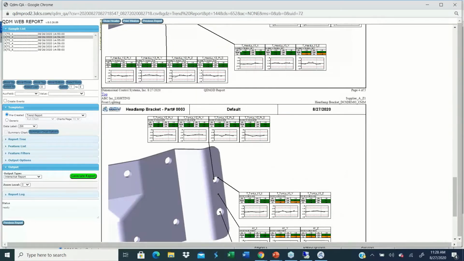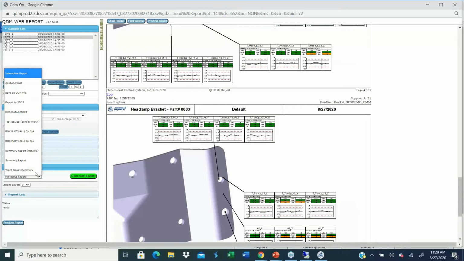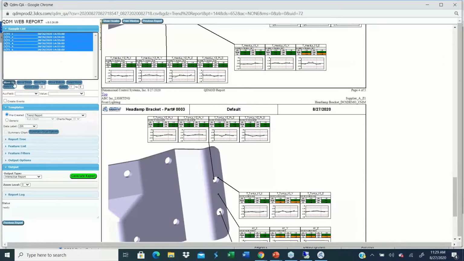So this is one format of looking at the dimensional data. There are multiple, this is the graphical way. There are multiple ways that we can look at the data. I'll just pick a couple just for this particular example. The same 6-piece study, so I'm going to do this. Same 6-piece study